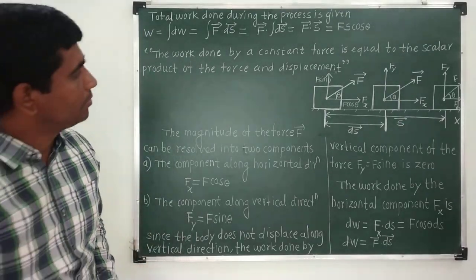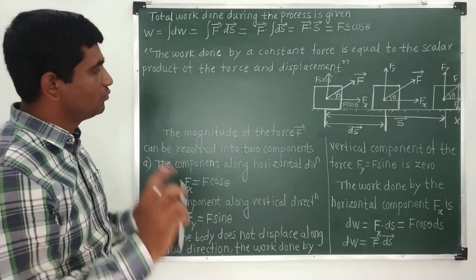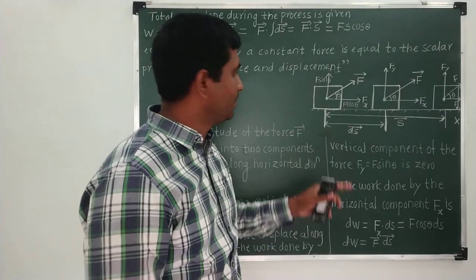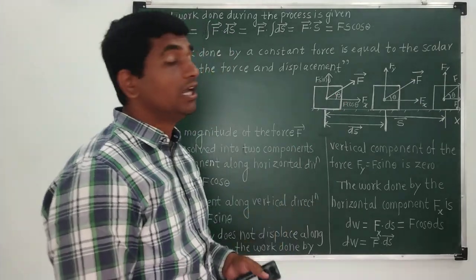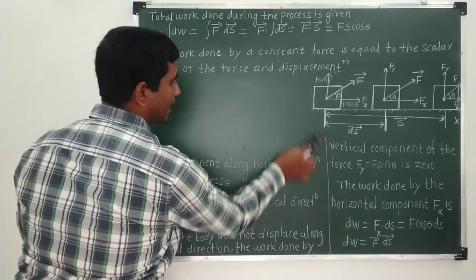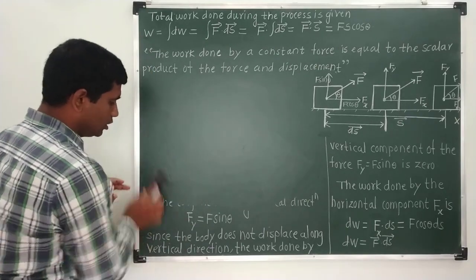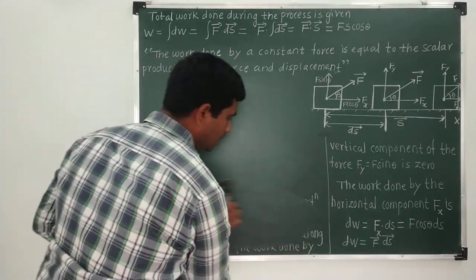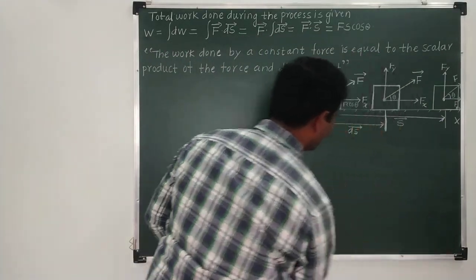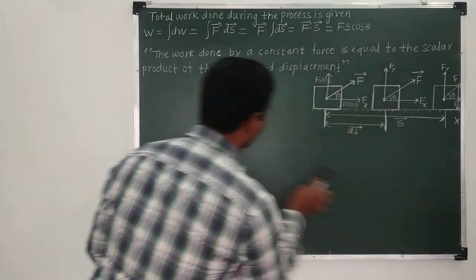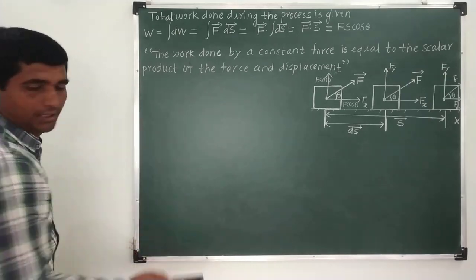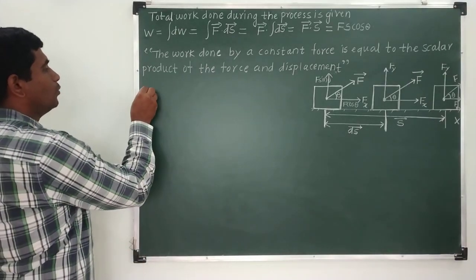Now here in this derivation, what we have considered is that the force is in an arbitrary direction, given by the angle theta. Now we will consider some special cases, what exactly happens when this force is acting in a particular direction. Okay, so I'll just erase this one and then we will see that as well. Now let us see case number one.